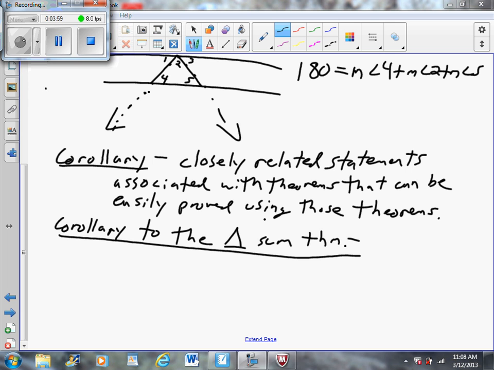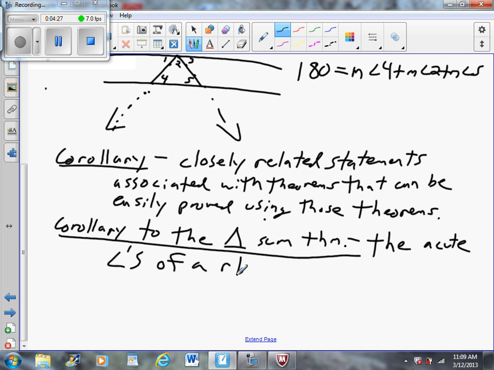All right, let's continue on from here, okay? What is meant by corollary? Add this to your list of definitions for this chapter. Closely related statements associated with theorems that can be easily proved using those theorems. Corollary to the angle sum theorem says this: the acute angles of a right triangle